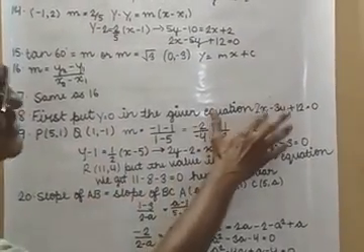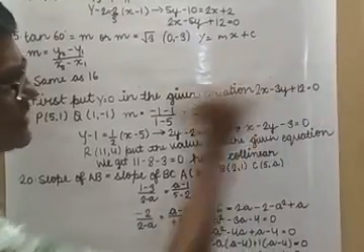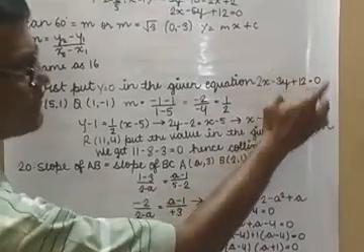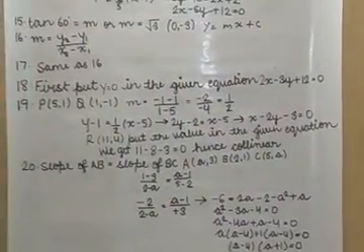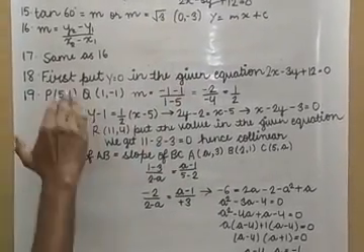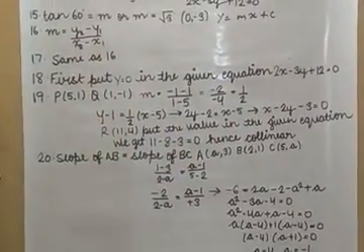Again take x is equal to 0. So now you will have minus 3y is equal to minus 12. Minus minus cancels out. So you will get y is equal to 12 upon 3, that is equal to 4. The coordinates will become 0 comma 4. So like this you are going to get the two coordinates which they are asking.